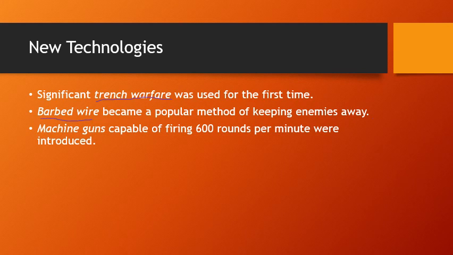Another big thing in World War I were new machine guns, automatic weapons that could fire, in some cases, up to 600 rounds of ammunition per minute, introduced for the first time. This is what makes the war so bad. Battlefield tactics had been, for hundreds of years, that on one side you've got some guys and on the other side you've got the other guys.